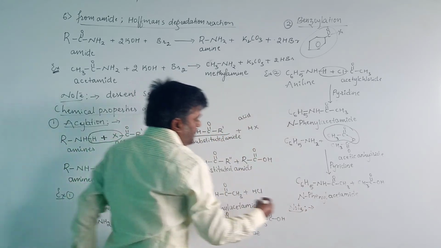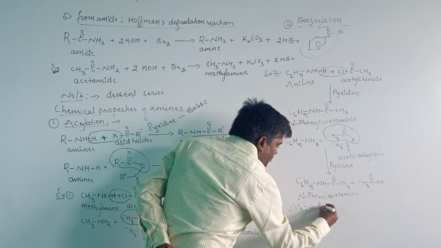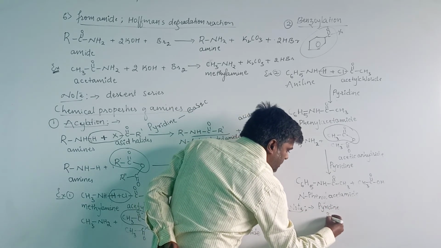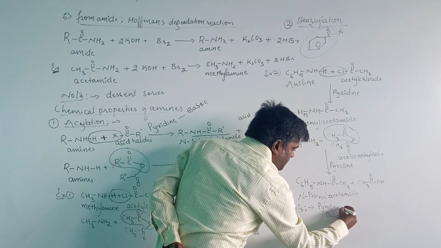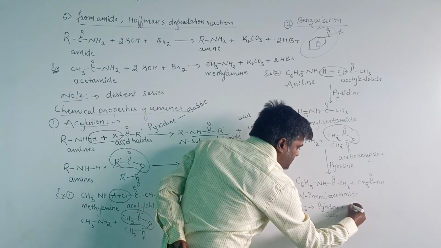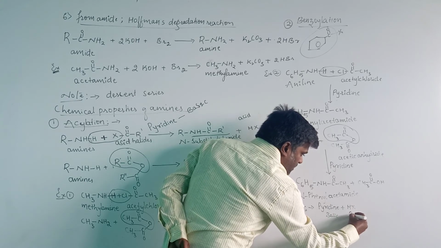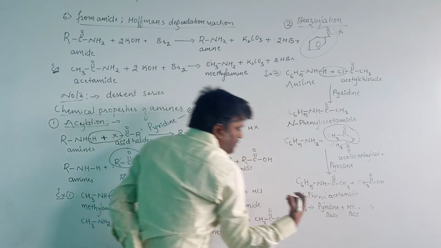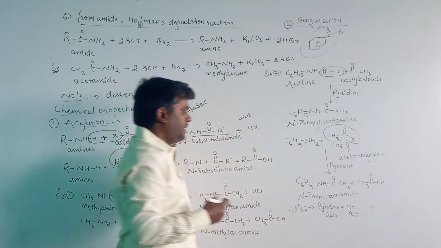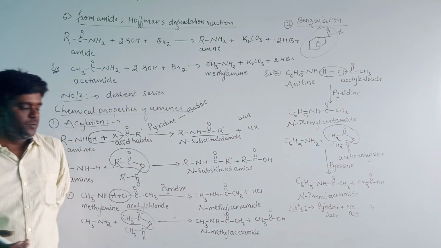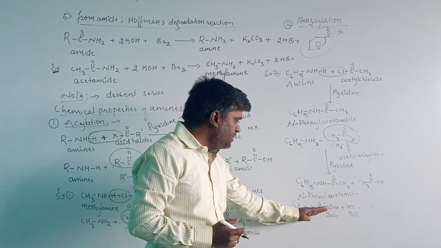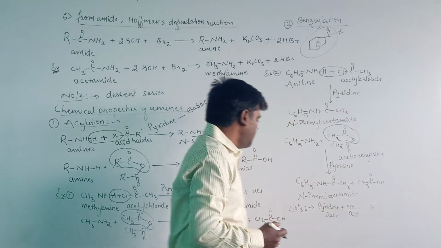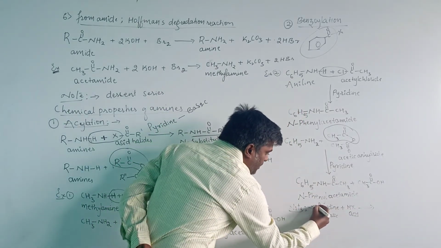In the first note, we use pyridine as the catalyst, and it acts as basic in nature, showing basic character. When it reacts with the acid, it produces a salt, and it will accelerate the rate of reaction. Here pyridine shows basic character, combines with the acid, and increases the rate of reaction. This is the first note.